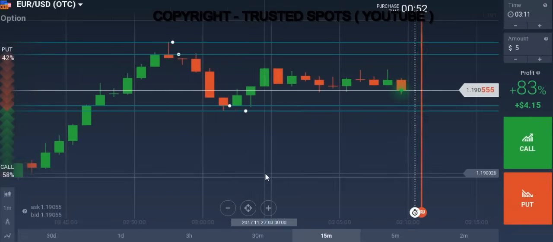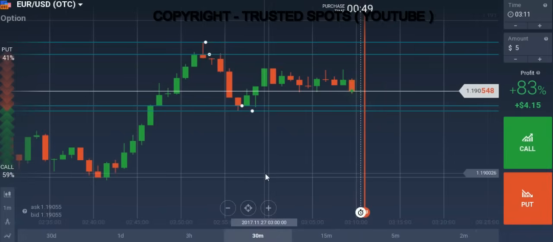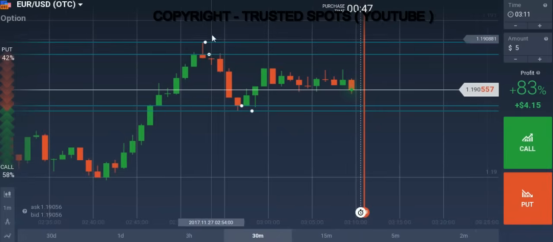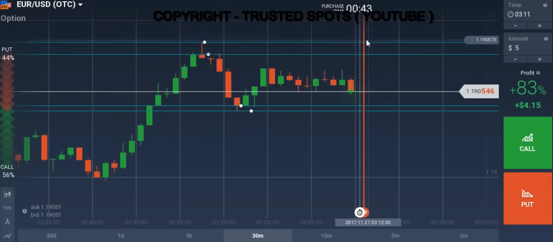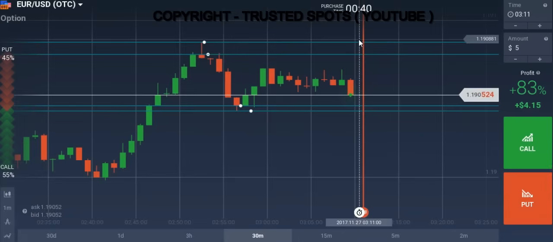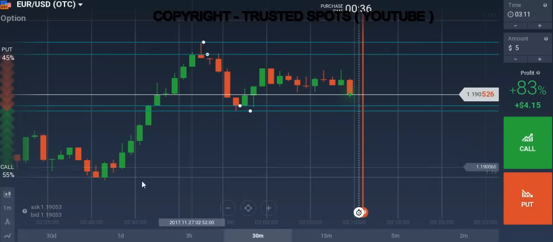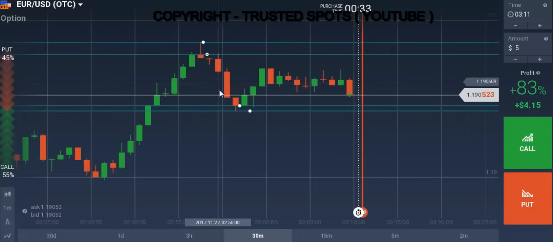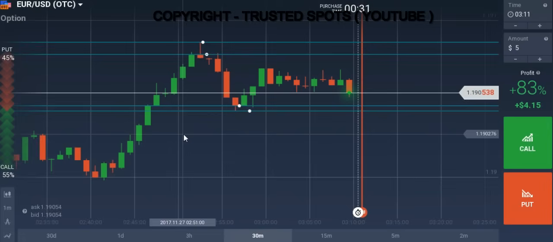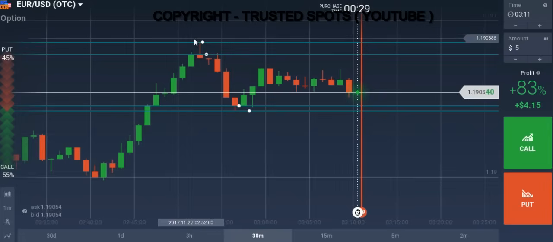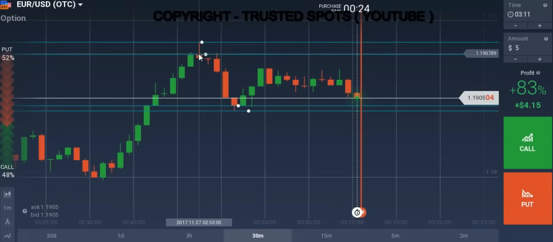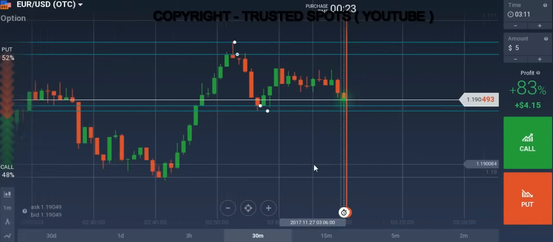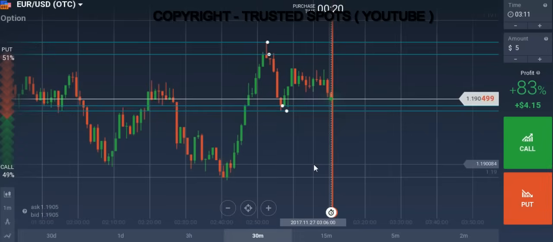By extreme level, if you know what I mean, then you can understand it better. This is kind of an extreme level, and we can go for a put if the market hits this level. So if you have an extreme level, you can go against the trend. But otherwise, always try to go with the trend, except when you have an extreme level. With the extreme level, you can go against the trend because extreme levels are powerful and can be used for going against the trend.